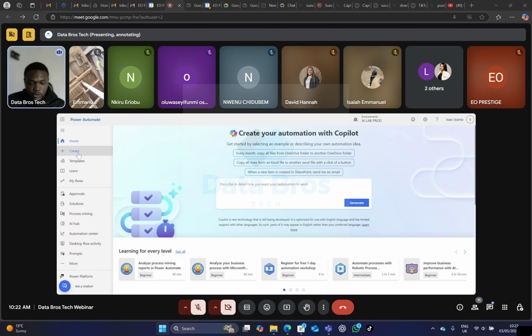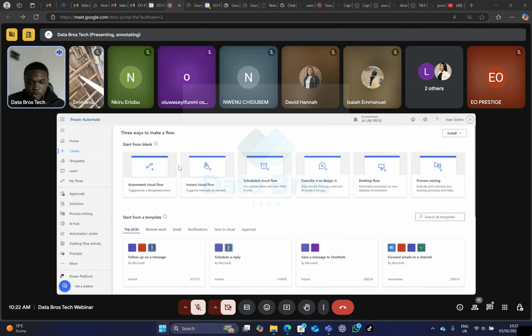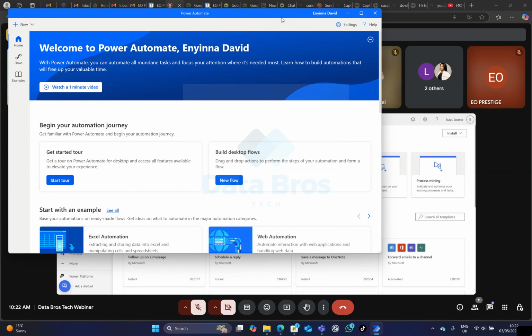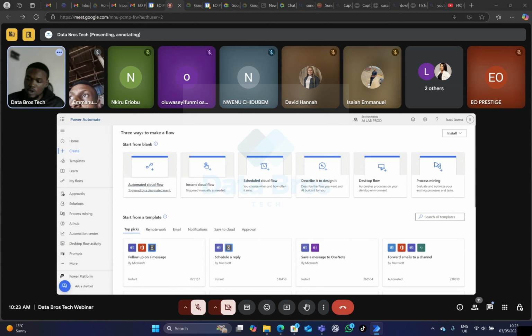So I'll come to this create, and I'll be clicking on automated cloud flow. And why are we making use of automated cloud flow? The main reason is we don't need to be on our system always before this solution can be functional. It should be on the cloud, and the cloud that we are making use of here is the